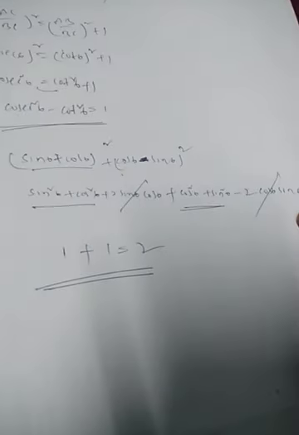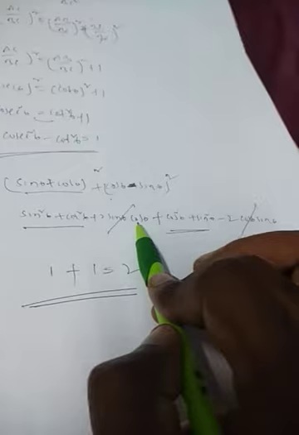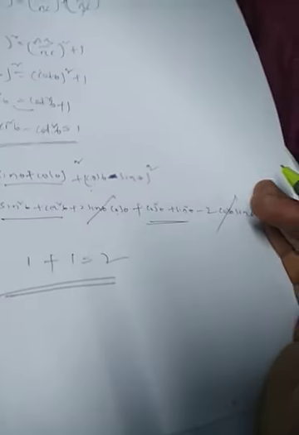Once again, (sin theta plus cos theta) whole square plus (cos theta minus sin theta) whole square. I have written the A plus B whole square form as A square plus B square plus 2AB. This is A minus B whole square form, A square plus B square minus 2AB. And you can have multiple questions on this.